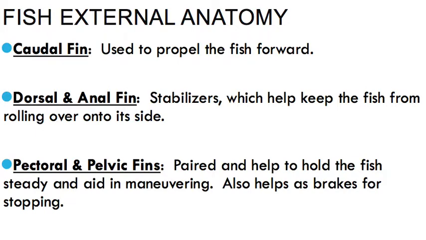So now we're going to go over some anatomy, starting with the fins. So first up is the caudal fin, which is the tail fin. It's used to propel the fish forward. Then there's dorsal and anal fins that help stabilize the fish and prevent it from rolling over. And then there's the pectoral and pelvic fins that come in pairs, and they help hold the fish steady and help aid in swimming around and maneuvering, and also can help it kind of brake and slow down as